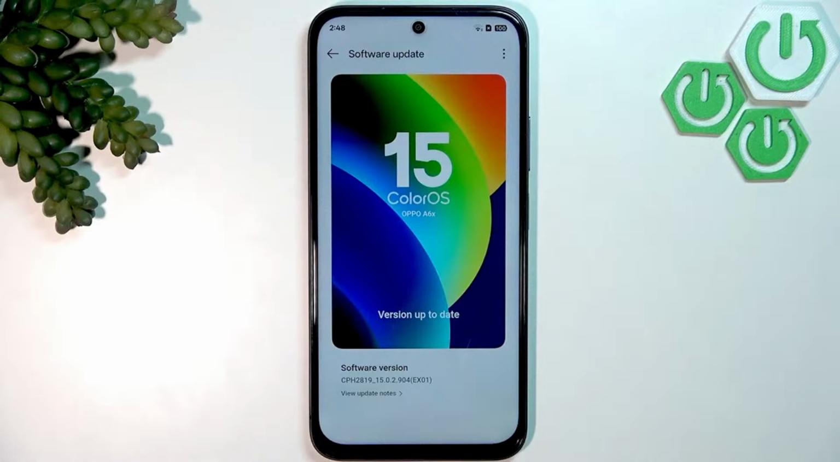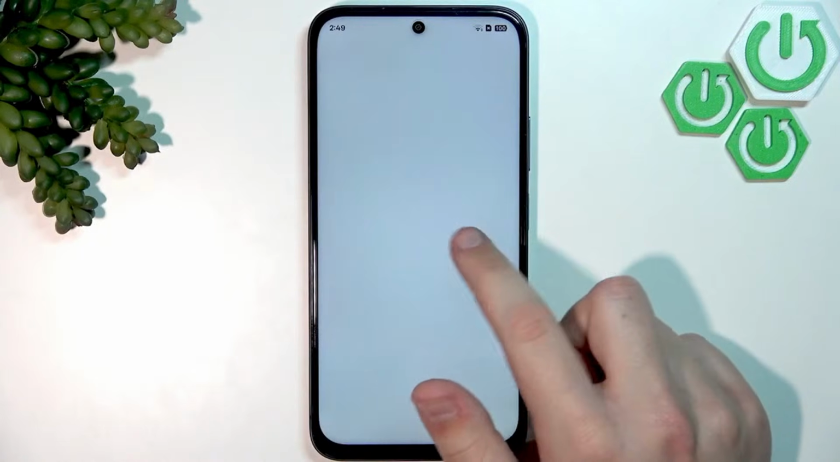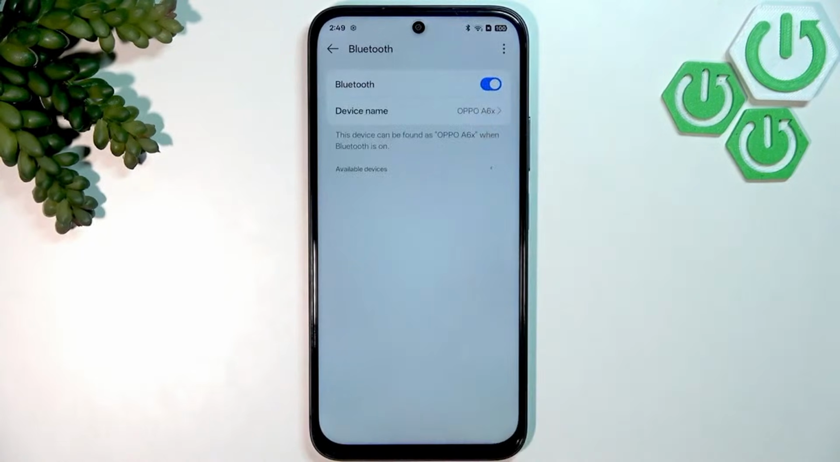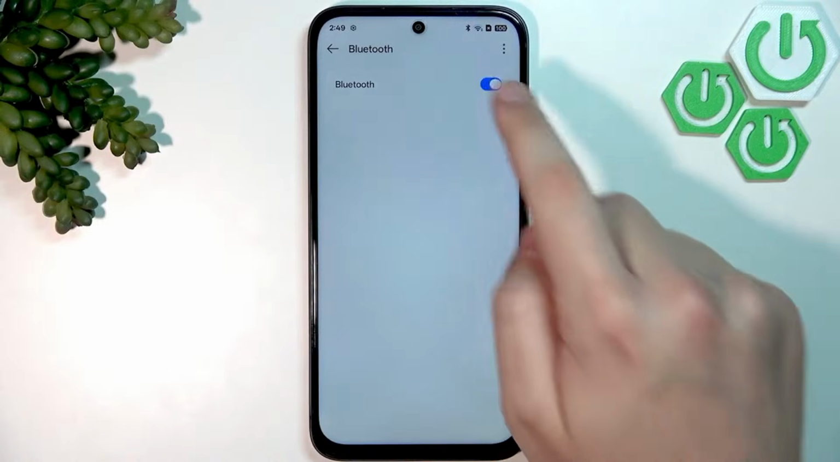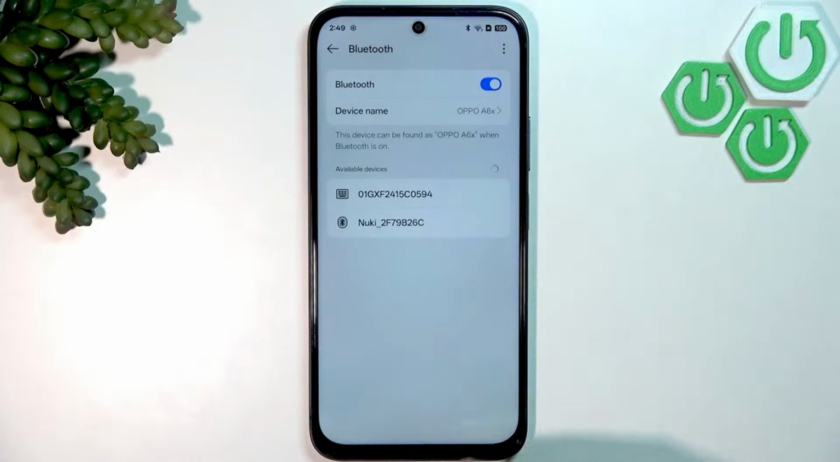So my version is up to date, but if yours isn't, then I recommend you guys updating it, because it's very important to keep up with the latest version of your software without any old glitches. So next, what you guys want to do for the Bluetooth headphones is turn the Bluetooth off and on. So my Bluetooth is already turned off, but if it was on, then it will look like this. I will just tap on the switch, wait a couple of seconds, and then tap again. Now it will refresh all the devices available